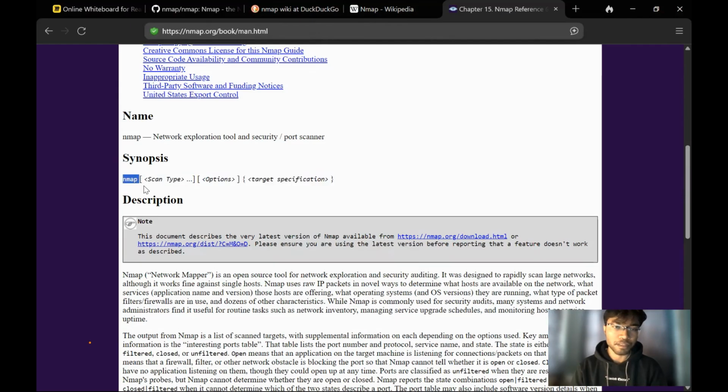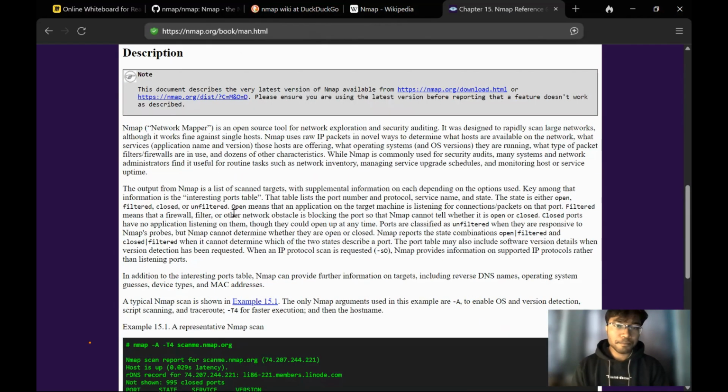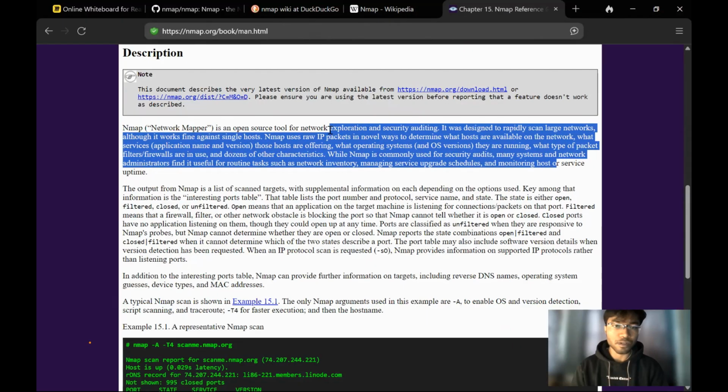Nmap, you have to pass this argument: the scan type, the options, and the target specification. I believe you should pass the DNS name, by which the DNS will look up the IP address, or you should directly pass in the IP address or the range of IP addresses. Yep. Let's move ahead. As an open source tool for network exploration and security auditing. We have read all of this in